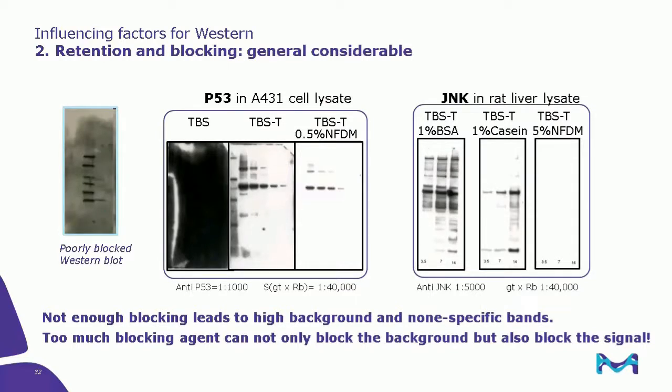For retention and blocking, it is important to keep in mind the reciprocal effect of blocker concentration and protein signal. I would like to expand on one of the examples shown here in the middle panel. These blots are probed for P53, and what you can see here is that the ability to detect the protein at low expression level is lost with the addition of non-fat dry milk. But at the same time, the addition of non-fat dry milk helps reduce the background and non-specific bands. Remember that while too little blocking will cause backgrounds to go up, too much blocking will cause a loss of signal at the expense of a reduced background.